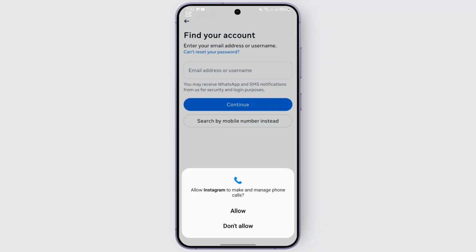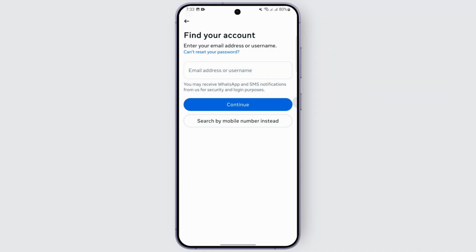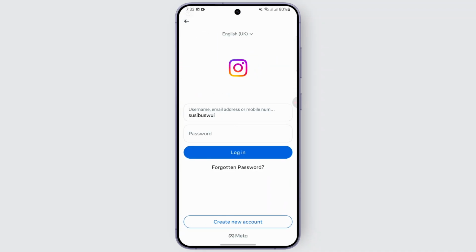And after that, you can go with the normal process of how you delete your Instagram account. Just follow that and that is it. So for now, this is the method you can apply in order to delete your old